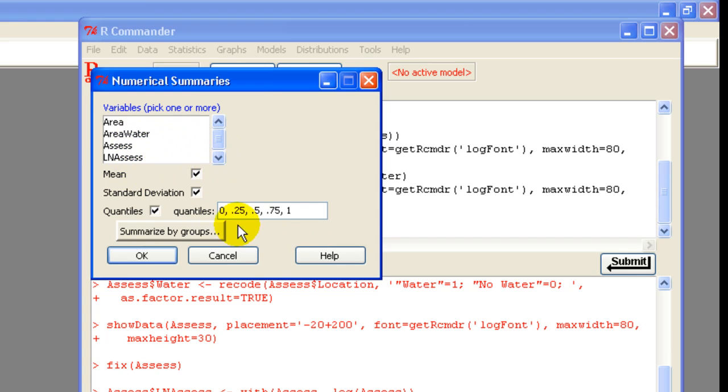So let's do it overall first, and let's not do the second and third quartiles. So I'll just change that to 0 meaning min, 0.5 meaning median, and 1 meaning the maximum. And I'll do area, press the control key, and assessment. We won't do anything with natural log of assessment yet. Press OK,